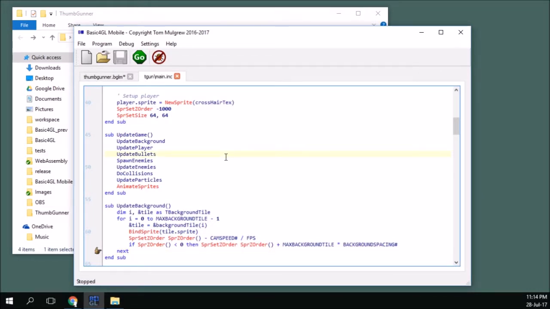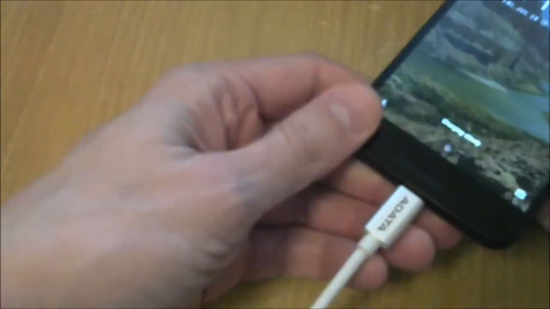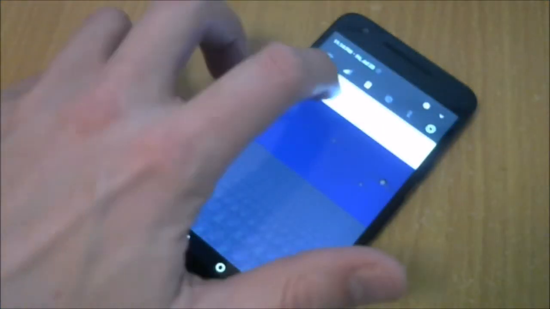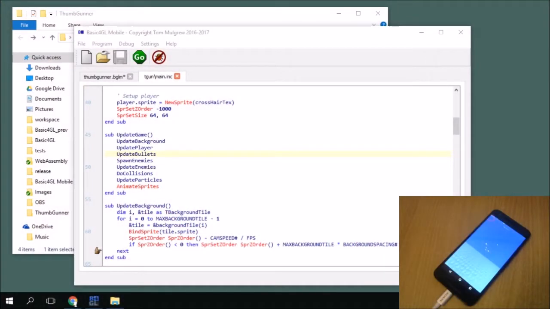So how do we get this horrible pink background onto Android? Well, it's pretty much the same process as before. Because I've unplugged the USB cable, I'm going to have to plug it back in. And I'm going to have to go through the same steps. So I need to swipe down from the top to change it to transfer files mode. I need to close all these windows that keep popping up on my computer. And now I should finally be able to